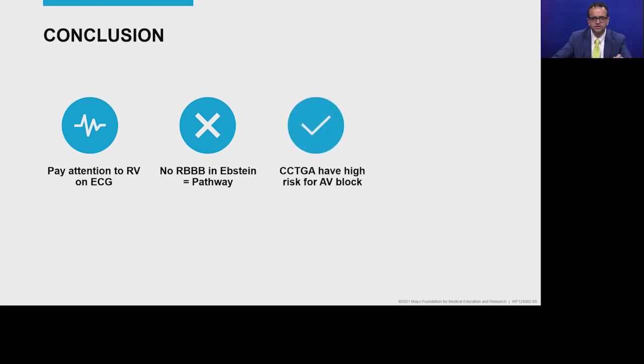So in summary, pay attention to the right ventricle and all the changes in the right ventricle on an ECG. If there is no right bundle branch block in a patient with Ebstein's anomaly, think there is a pathway. Patients with CCTGA are at a higher risk of AV block, but at least think that if the septal activation is not left to right in a young patient, wonder whether there might be congenitally corrected transposition of the great arteries. And a QRS more than 180 milliseconds in a patient with tetralogy of Fallot is high risk for VT in